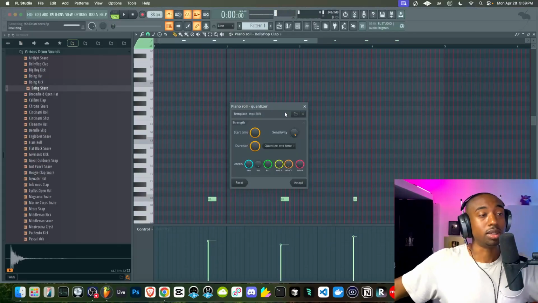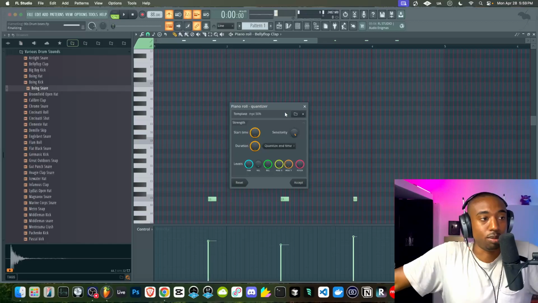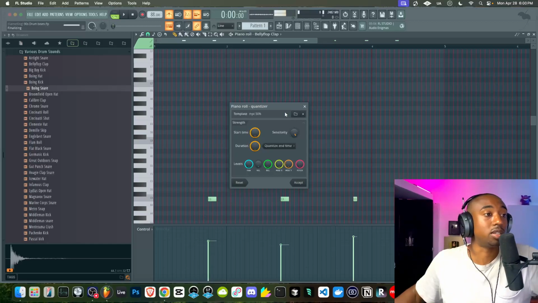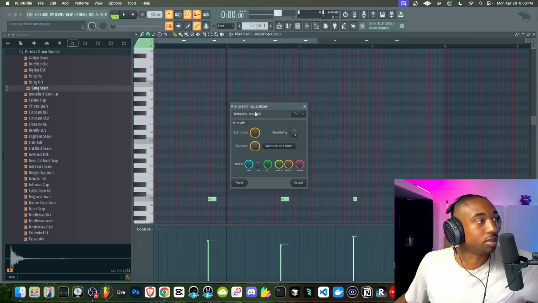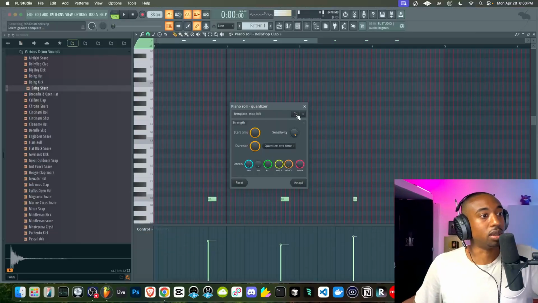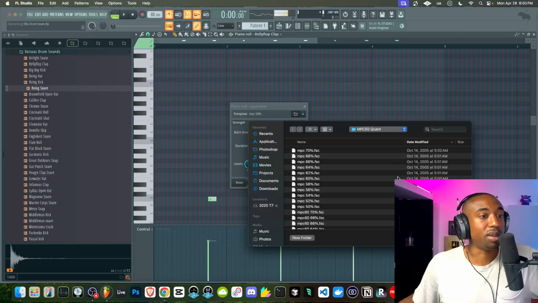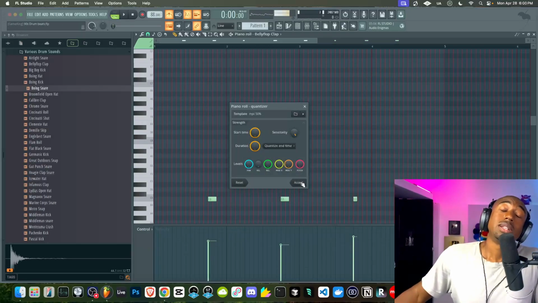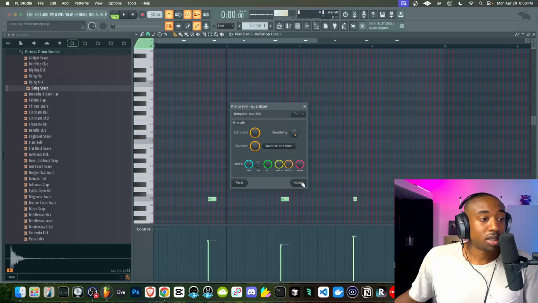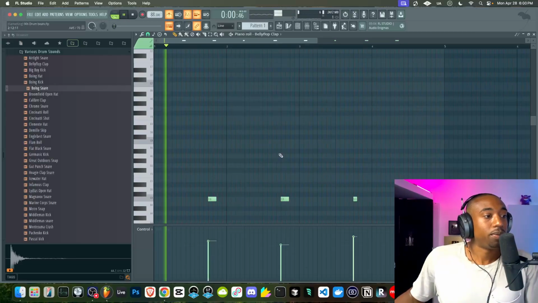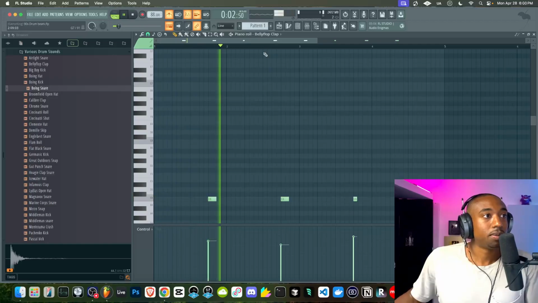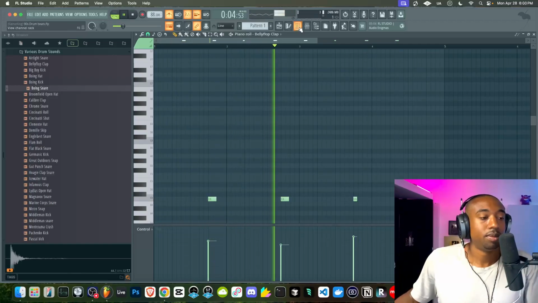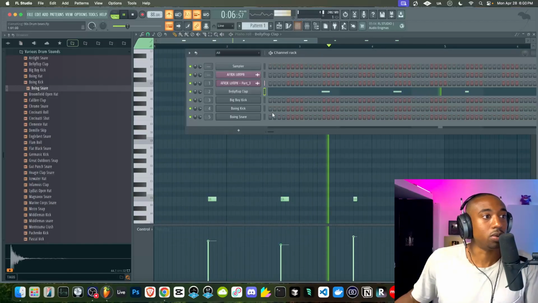Just go to our Discord, discord.gg/busyworksbeats. Look where it says free downloads. Look in the drum kit section. You'll find these quantize options for the FL Studio quantizer. You can load these up with the folder here, and you can load up MPC quantize settings. So we're going to quantize to this. We're going to quantize this drum to 50% of the MPC swing. So it has more of an MPC swing. And this is going to have that old school vibe.